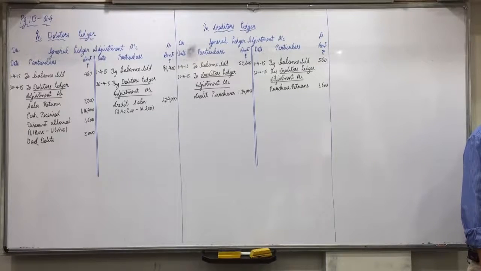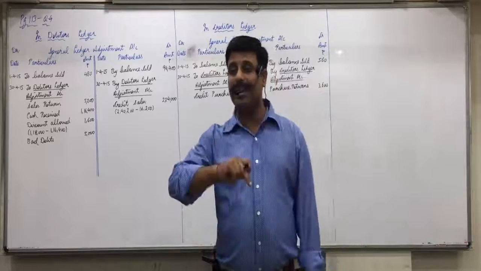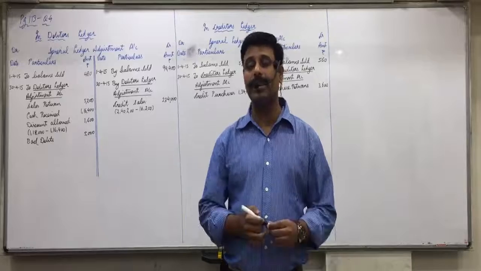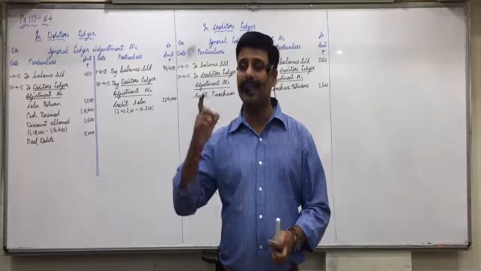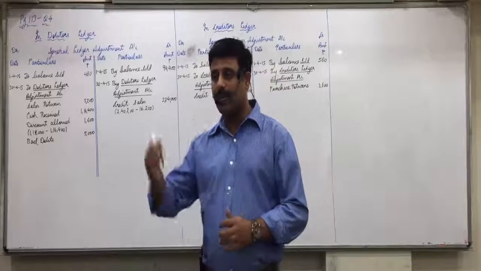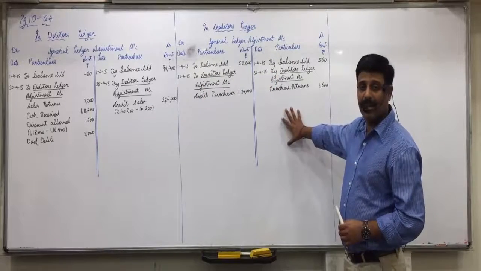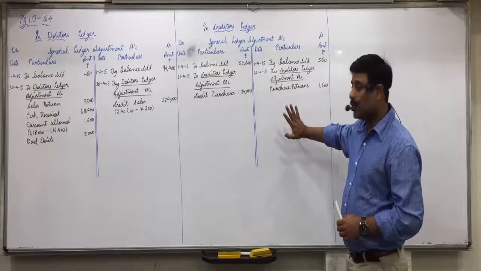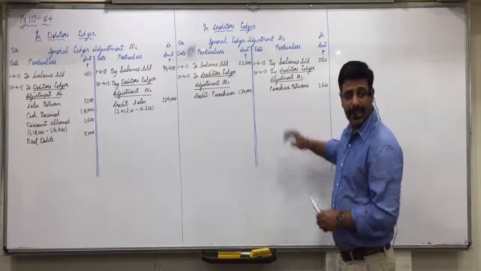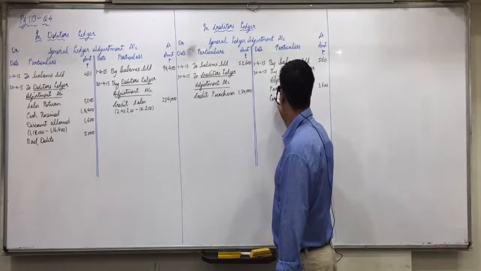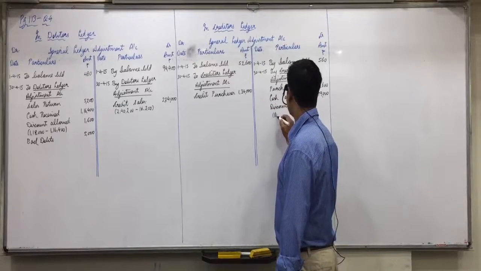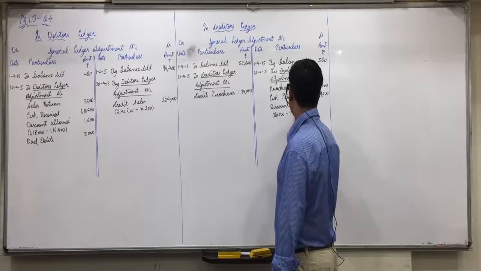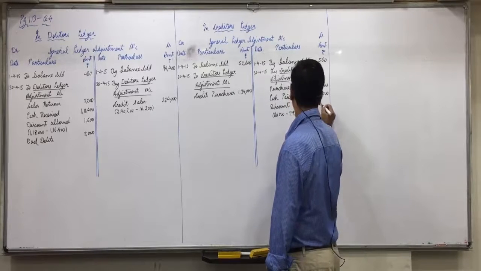Next, right side. Cash paid to creditors in full settlement of 80,000, 79,000. Against 80,000 we have paid 79,000. So one more thing is discount. Creditors to cash to discount. Okay, creditors 80,000 to cash 79,000 to discount 1,000. That will be recorded, to cash and to discount. Now this is related to creditors. So to cash and to discount means in the general ledger adjustment account on the credit side. Cash paid 79,000. Discount received: 80,000 minus 79,000, that is 1,000.